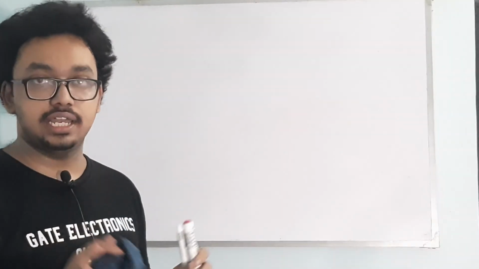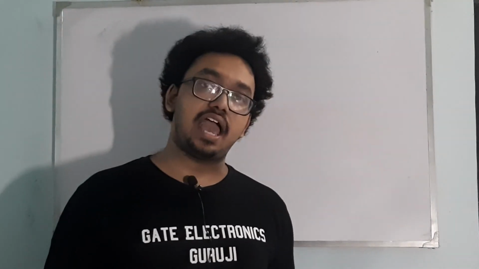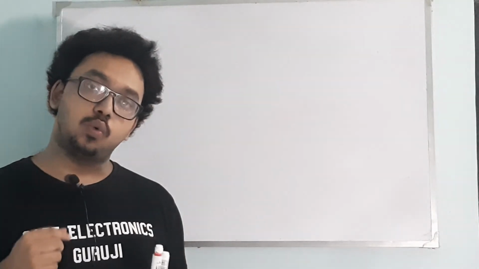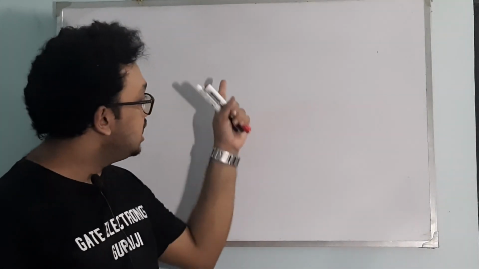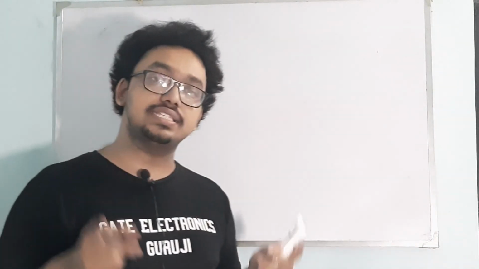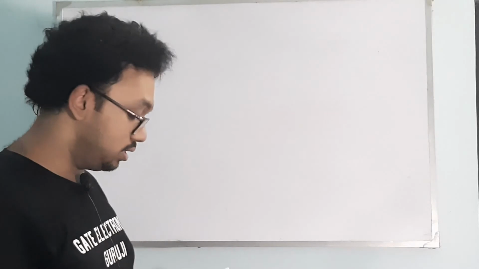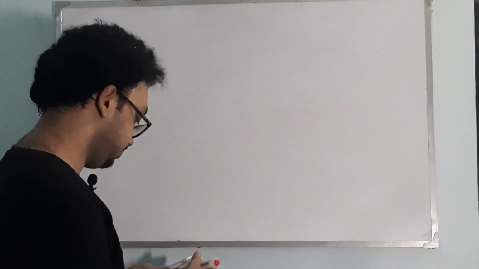So if you find any such thing, then please let me know in the comment section, because these mistakes can happen even from a teacher. When someone is teaching you, he has to constantly think what he is going to speak in the next line. He has to look at the camera, he has to write on the board, he has to do all these things simultaneously. So sometimes what we are thinking in our brain is right, but what we are writing or speaking can have some silly mistakes. So if something like this happens, please let me know in the comment section.